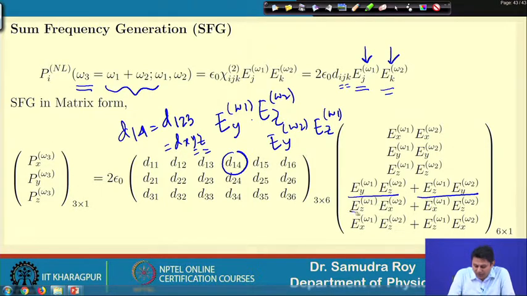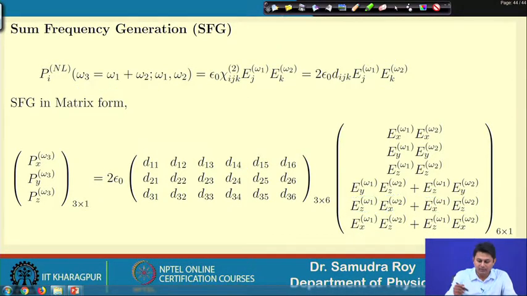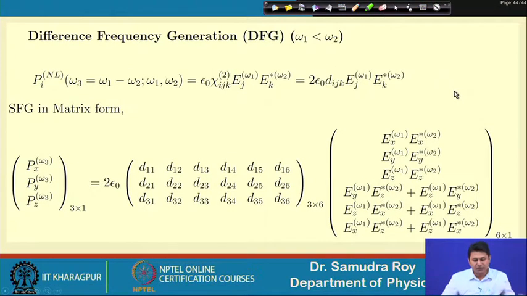In a similar way, we have the other terms, and exactly the logic is the same. So, this is the way of writing the second harmonic and sum frequency in matrix form. Well, if I am able to write the second harmonic and sum frequency, then why not the difference frequency? Difference frequency one can also write in exactly the same form, but one should remember that since it is difference frequency generation, we have